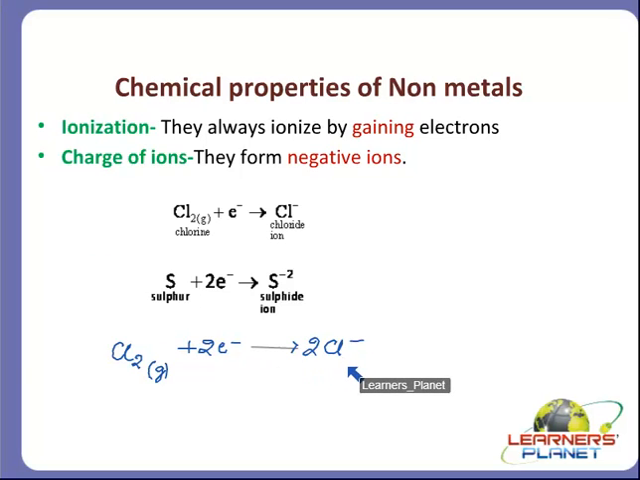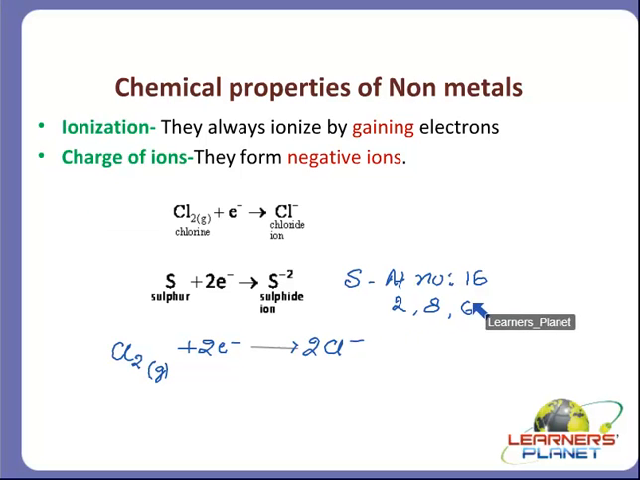As these non-metals are forming negative ions, they are called electronegative elements. We'll take the example of sulfur also. How many electrons are there in the outermost or valence shell of sulfur? What is its atomic number, children? Its atomic number is 16. Now let's arrange its electronic configuration. It would be 2, 8 and 6. So how many electrons does it require to complete its octet? It requires only 2 electrons. So sulfur will accept 2 electrons and will form